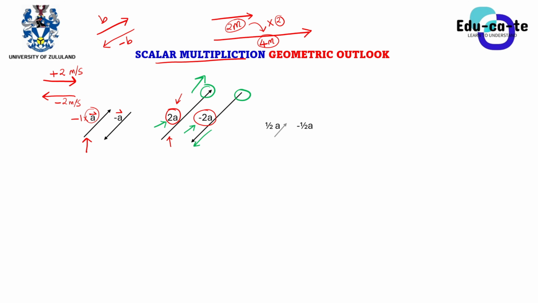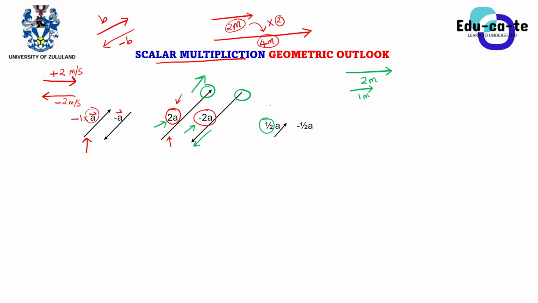Now look at this. This is positive half a. So here you have still multiplied by a certain scalar multiple. In this case, you have multiplied by 1 over 2. Remember, 1 over 2 is half of something. Something becomes smaller if you halve it. So if I have a line here representing a vector, and I say that this is 2 meters, a displacement vector, and I say half of this 2 meters, I will get 1 meter. So it has to be of a shorter length, 1 meter. You can see that this 1 meter is half of this original vector.